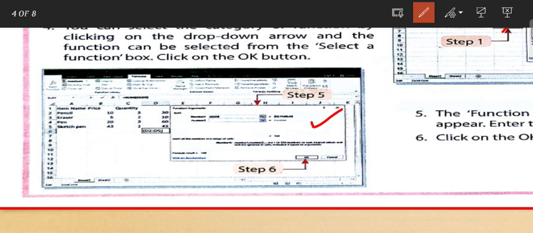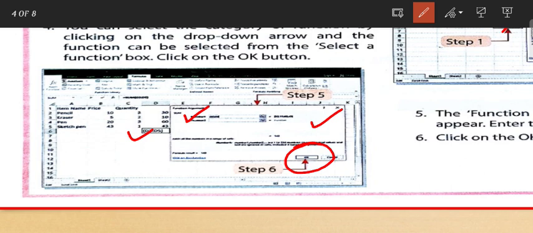Then you need to enter the cell reference or values in the column, in the row. After that, press the OK button. Your function will be inserted in the desired cell.